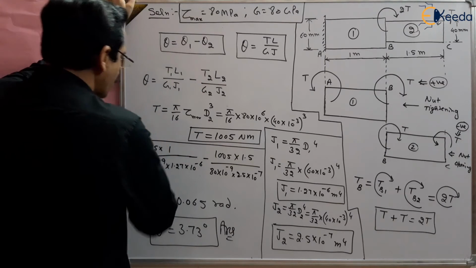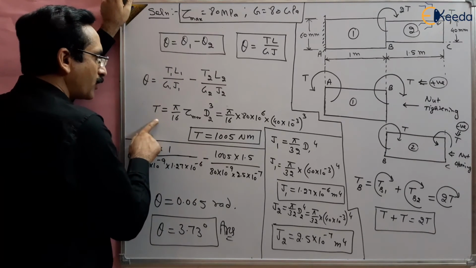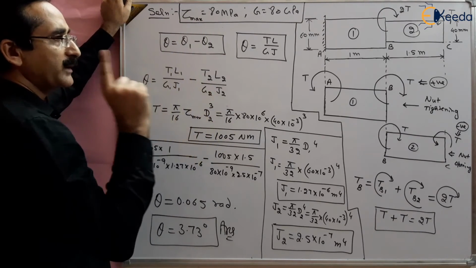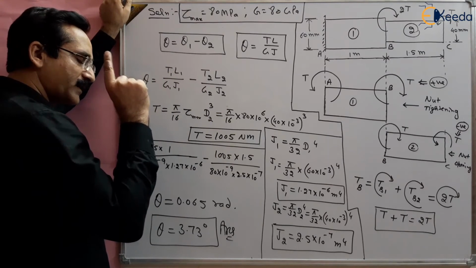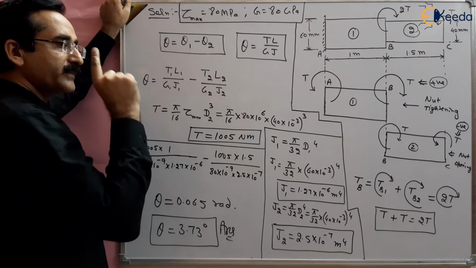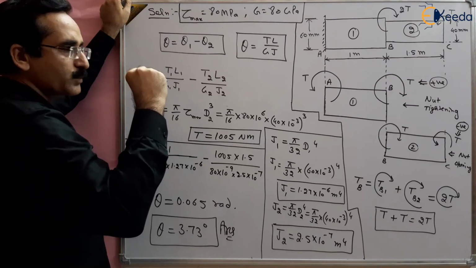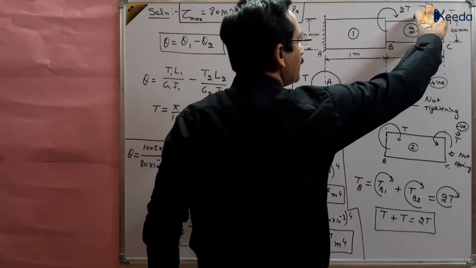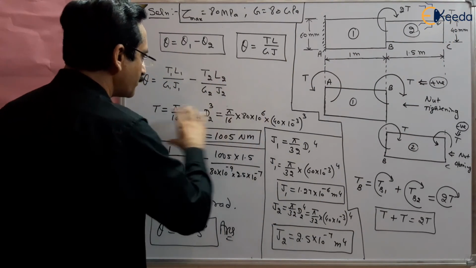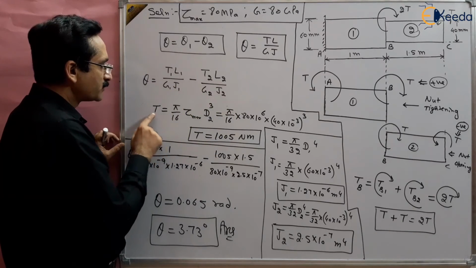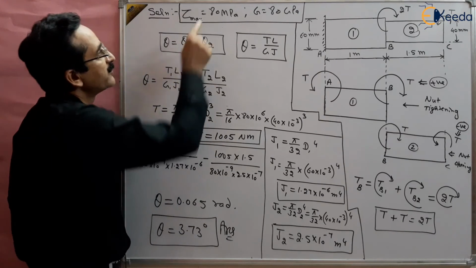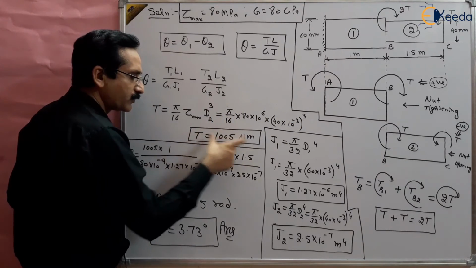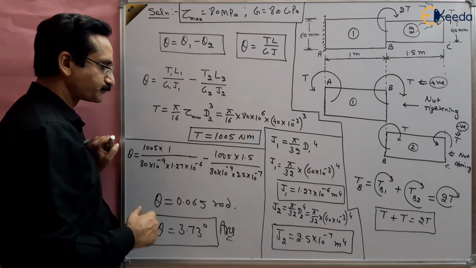Now what is torque? We are not given the torque, but we are given the maximum stress in the material. Maximum stress in the material will first be achieved by the thinner section, the section which is very small, very thin, right? And thinner section is 40 mm. So maximum stress will be at the 40 mm. So that's why we have to design this based on 40 mm. So torque will be pi by 16 tau max, which is 80 megapascal, and D2 is 40 mm. Put here, you will get the value of torque as 1005 Newton meter.